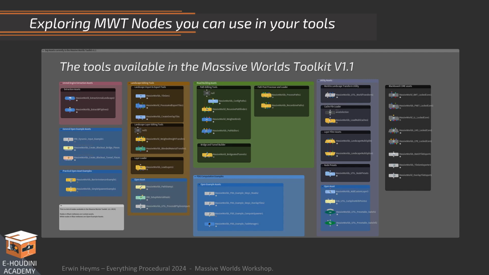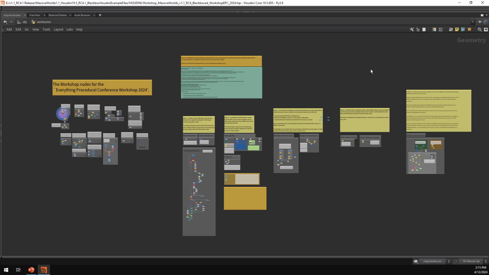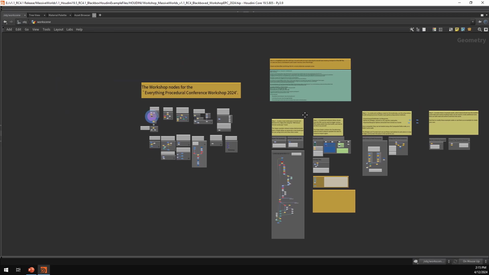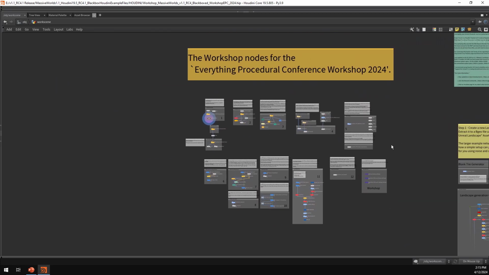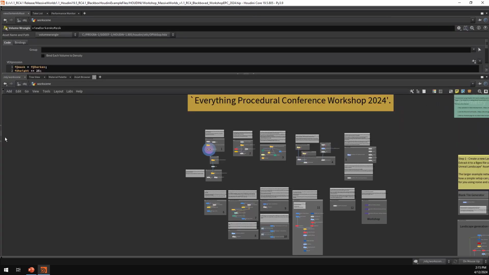Let's have a closer look at the key nodes that you can use to create your own assets. If you haven't done so already, please go ahead and look at your Houdini example scene file. All right, so here we are in Houdini. And if you've opened up the example project Houdini scene, you will find on the left a couple of nodes that are showing some of the components that we'll be talking about in today's workshop. Let me just go over and open up the big